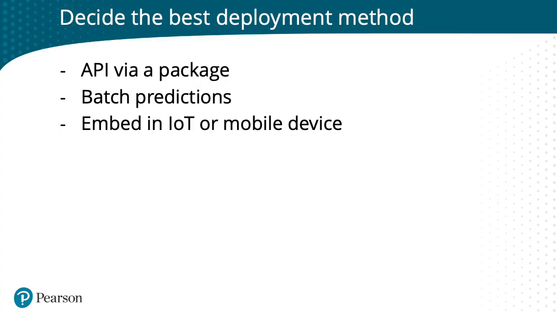Maybe there's some kind of backend team that's responsible for handling all of the endpoints for a particular project, and all you have to do is give them the model as a pip package or in some other format that their API can interface with, and basically take new data and use this model to get the prediction or the classification for this real-time data. And that was kind of one of the other things you'll see APIs used for a lot with model deployment. It's usually for more real-time data.